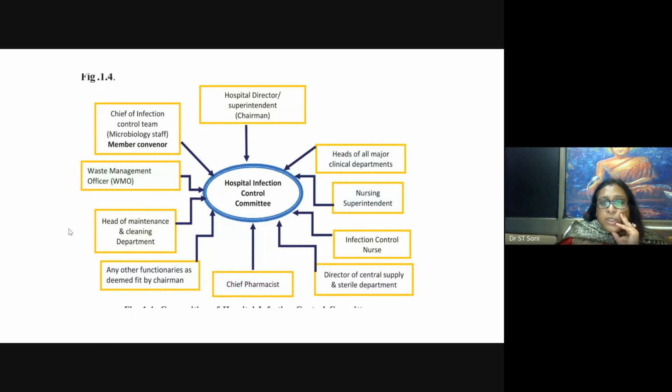So who will monitor it? Who will do the waste audit? So it's an infection control committee. I will not be going into the detail. It has to be chaired by the head of the organization, and the infection control officer, mostly he or she is a microbiology faculty. A waste management officer you can have in a less than 30 bedded hospital, and all departments should be part of it. Okay, head and maintenance of the cleaning department, housekeeping department, pharmacy, CSSD department, infection control nurse, all major clinical departments should be part of it, and the nursing department definitely,